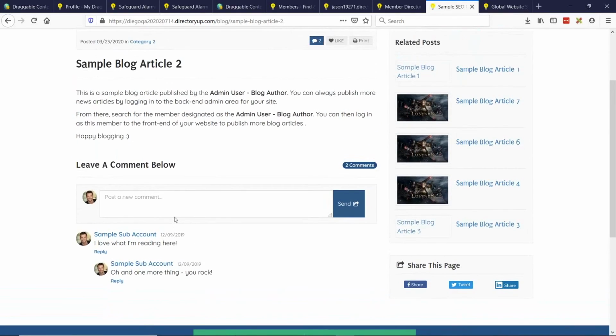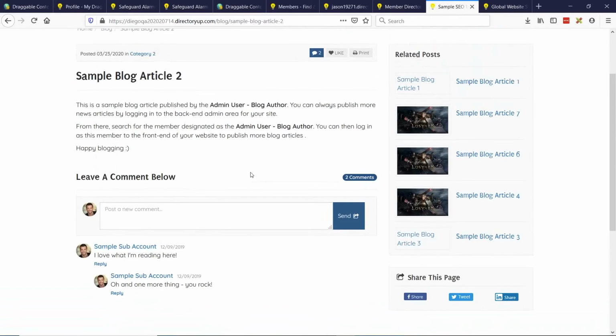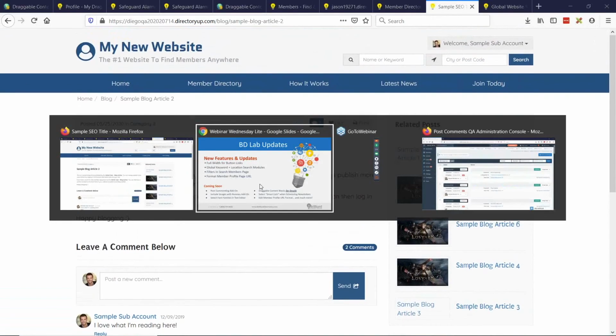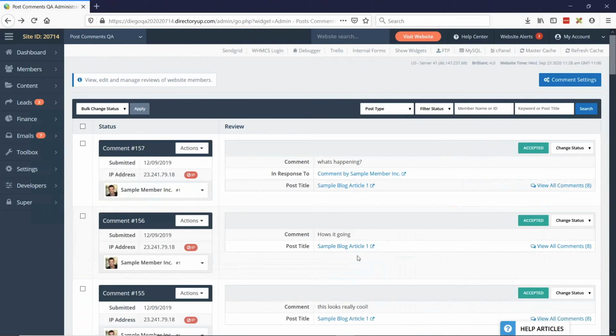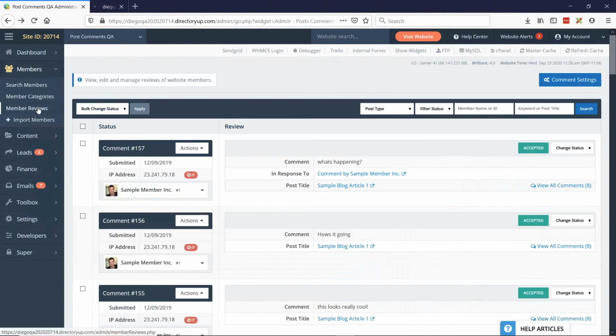You can create your different categories for the post type, and then people can start discussions within them. Let me take you guys on a tour on the back end of kind of the direction we're headed in with managing the comments from the back end area and some of the available settings. So what we did is we tried to emulate a little bit of how the member reviews page already looks.